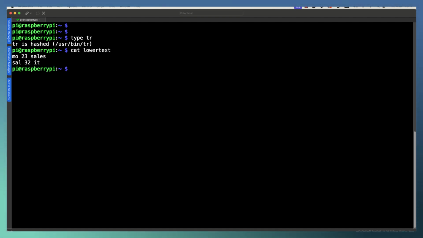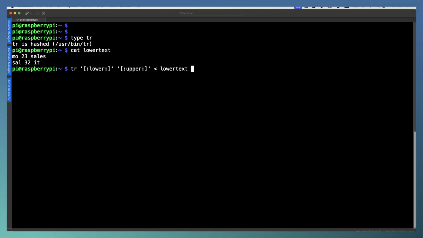Now, when we look at the lower text file, you can see all the characters in it are lowercase. It's just a rubbish file. It doesn't really matter. But we can then look at converting the characters to uppercase. It's a little bit verbose, but we need to open up our single quotes, and we can put in some POSIX characters to specify that we want to have our lowercase characters converted through to uppercase characters. And make sure you've got a space separating the two sets that we are working with.